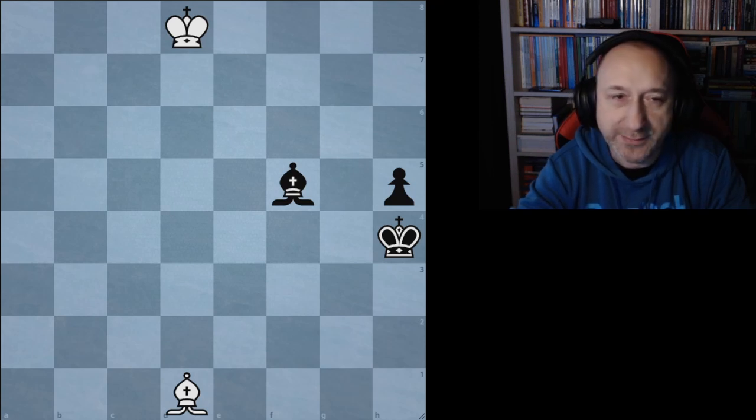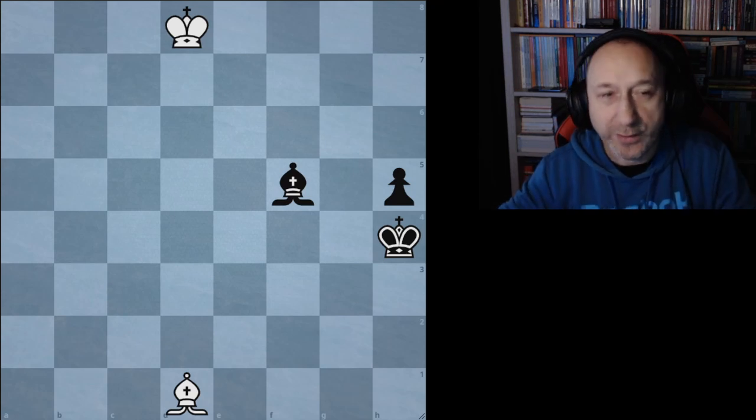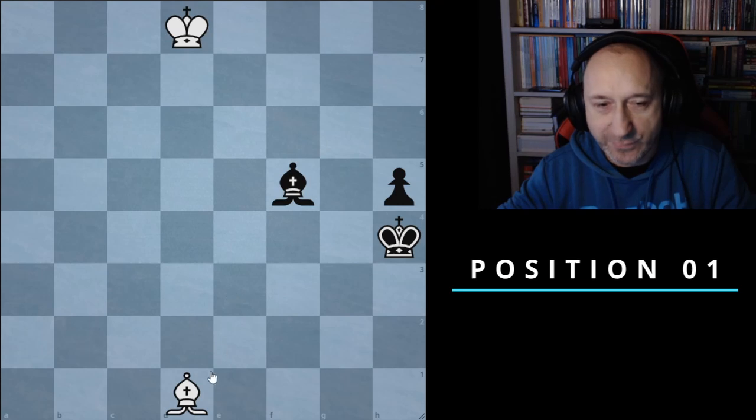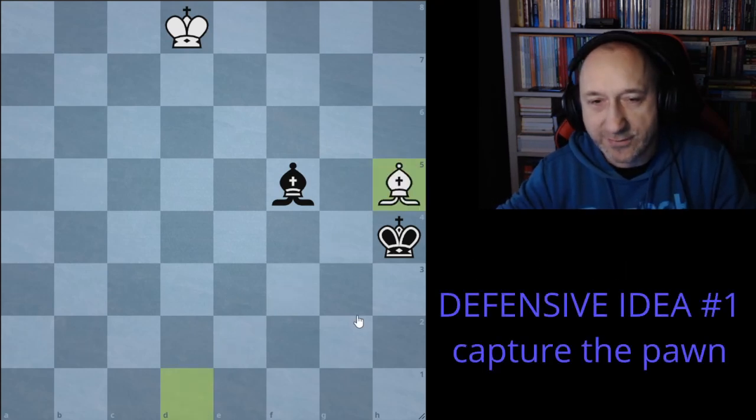And now, what are the ways that we can defend in such endgames? Because if we just understand these ways, it's going to be way easier to get into the winning ideas. And now, let's get started. The first idea is to simply capture the pawn, because if we capture the pawn, the endgame is drawn, because the